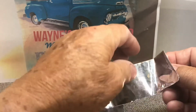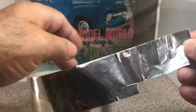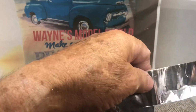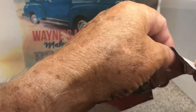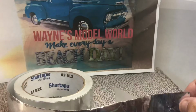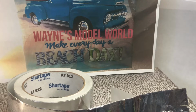I don't remember when I bought this, but I bought this a while back. Someone suggested this. I bought this in the AC section in Lowe's. It's real thin, as you can see. It's real pliable. I had another brand at one time. I can't seem to find it right now. I had a roll of it somewhere here. But it was,